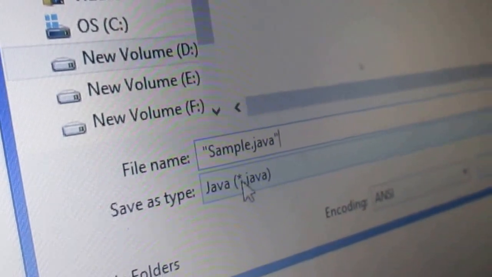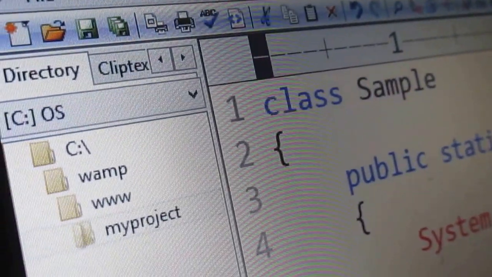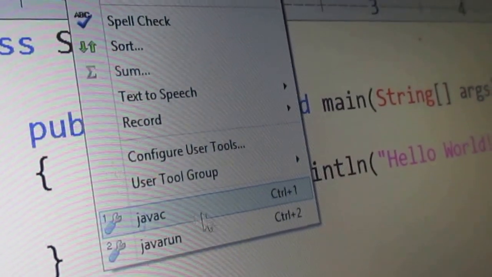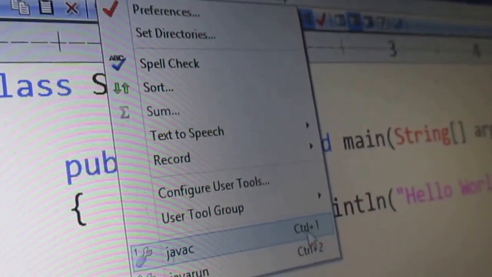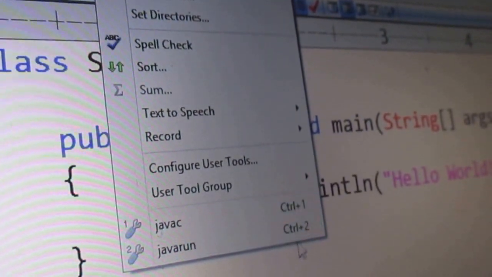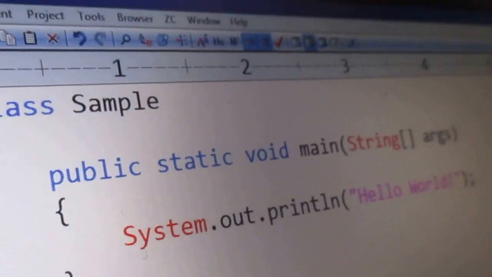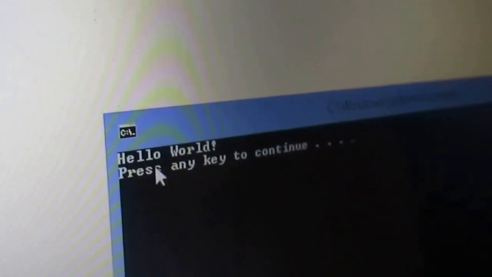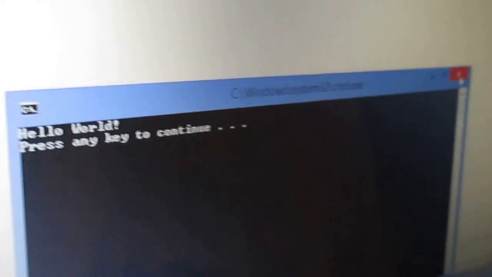There is no need to go to the command prompt window; we can compile directly. Remember the shortcut keys: Ctrl+1 is Java compile and Ctrl+2 is execution. I press Ctrl+1 and it has been successfully compiled. Then I press Ctrl+2 and it shows Hello World.